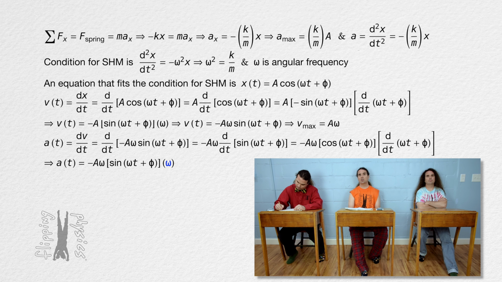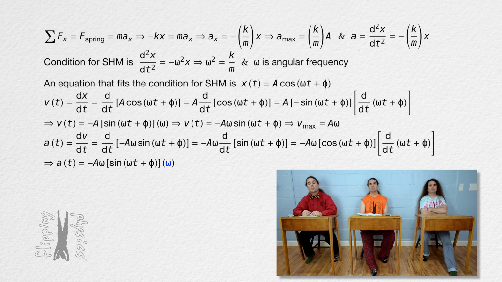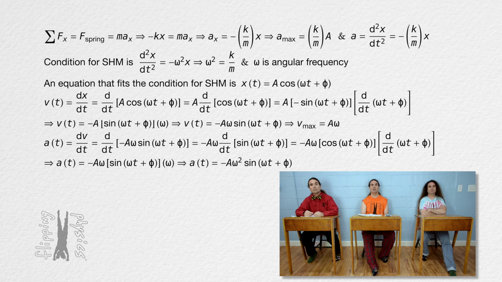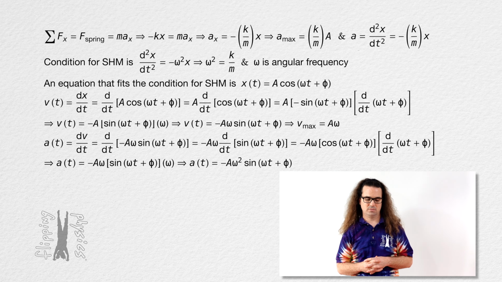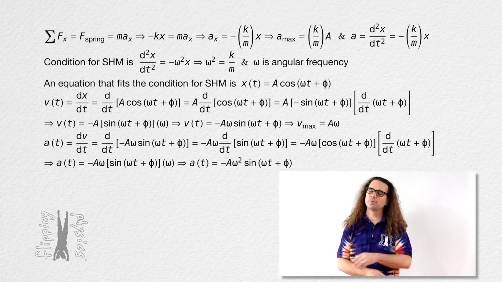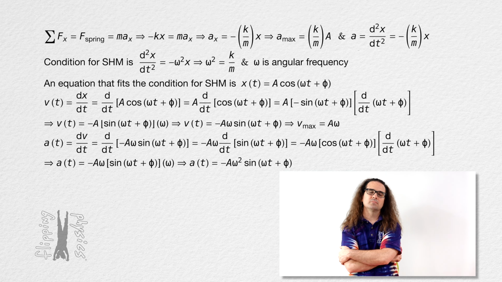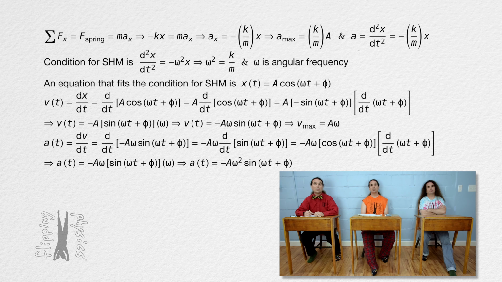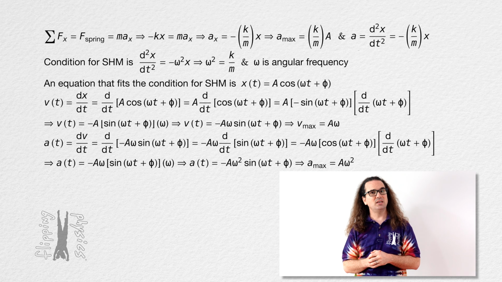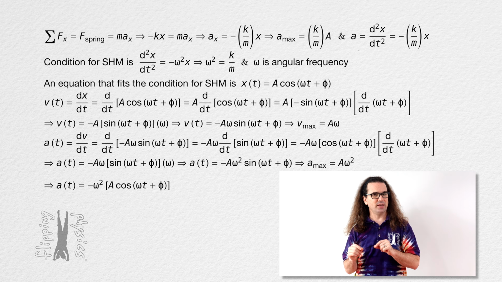So the acceleration of an object in simple harmonic motion equals the negative of amplitude times angular frequency squared times the sine of the quantity angular frequency times time plus phase constant. And because the value of sine theta varies between -1 and 1, the maximum acceleration equals amplitude times angular frequency squared. Well done, Bobby. Now, who can tell me what they see when I rearrange the equation slightly? What is between the brackets in the acceleration equation?